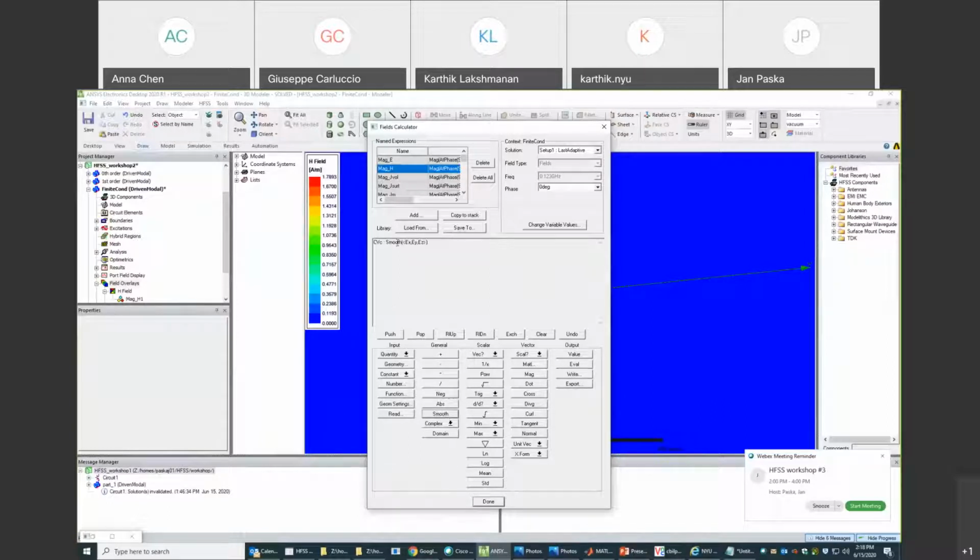I don't exactly know what this function does, but I think you should be doing that. And once you've done that, you can just say export